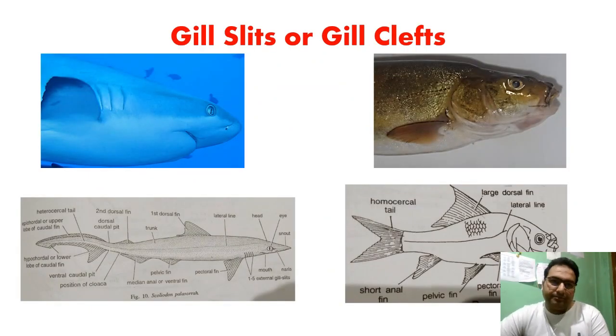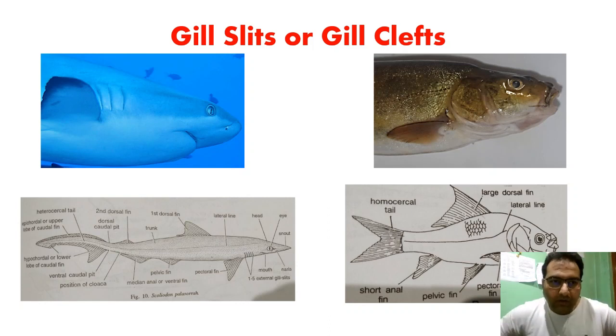Let us have a little bit of an idea. I use the term gill cleft or gill slits. Then we have to know what spiracle means. What are gill arches? What are gill rakers? What are gill filaments or gill lamellae, which are primary as well as secondary? Before going on to the topic, I shall introduce you to what all these